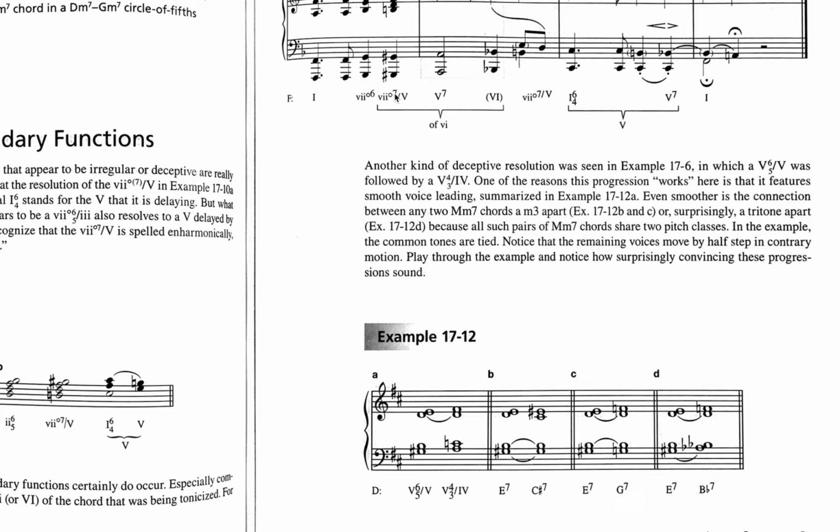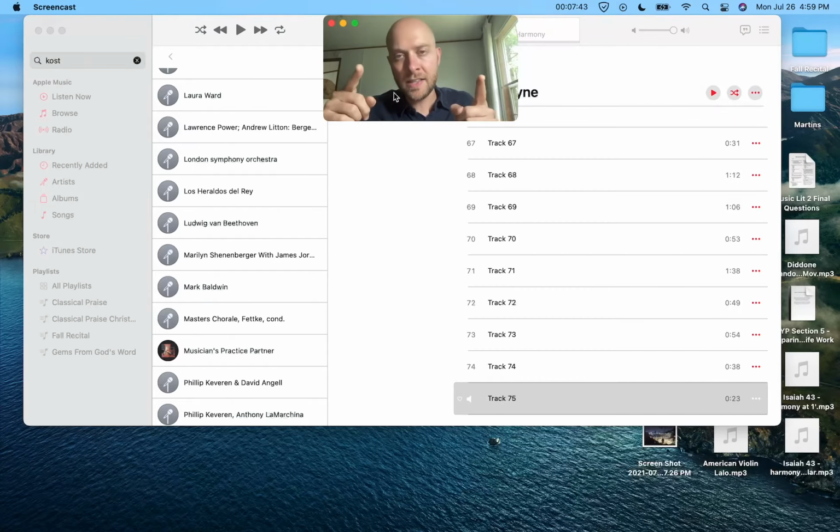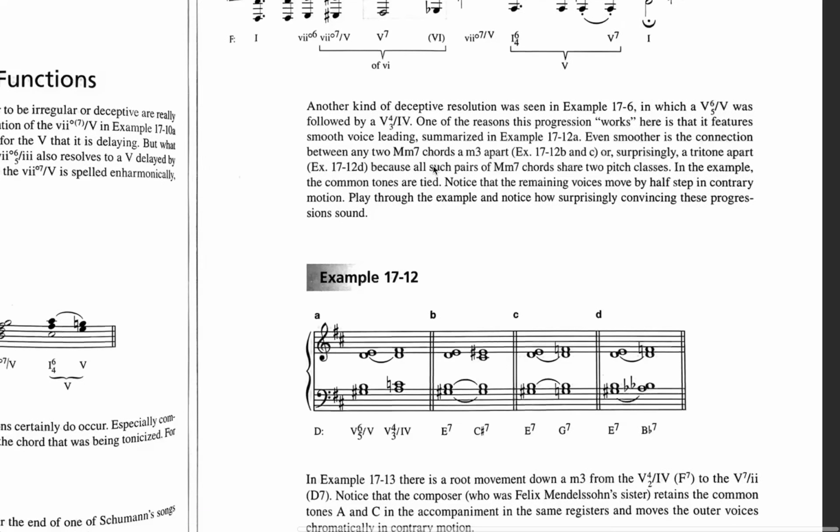Deceptive means that it's going anywhere else besides the chord that it's supposed to go to, the 1, or if you've got a 5 of 5, it doesn't go to 5. It goes to something else. It doesn't have to be 6 or 5. As long as that resolution is frustrated, it's deceptive. So over here,